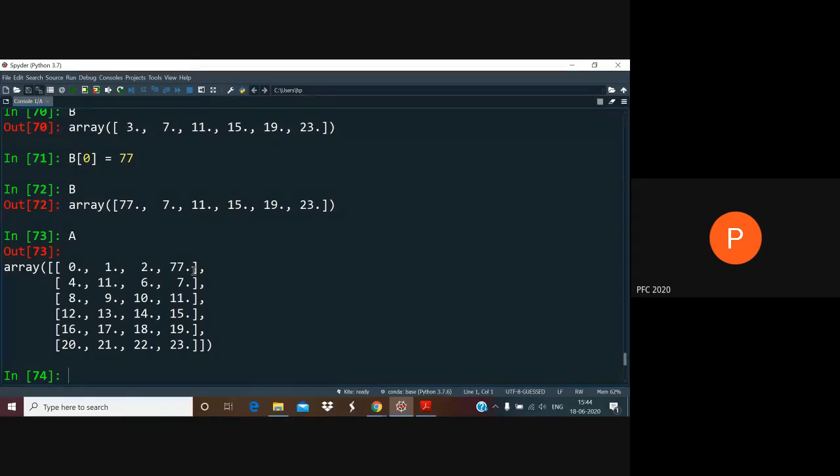But you're looking at the same part. You're not really copying it elsewhere. So this B, which I've written down here, is not a copy of those values. It's actually those values themselves. So when we change the array B, the array A also changes.